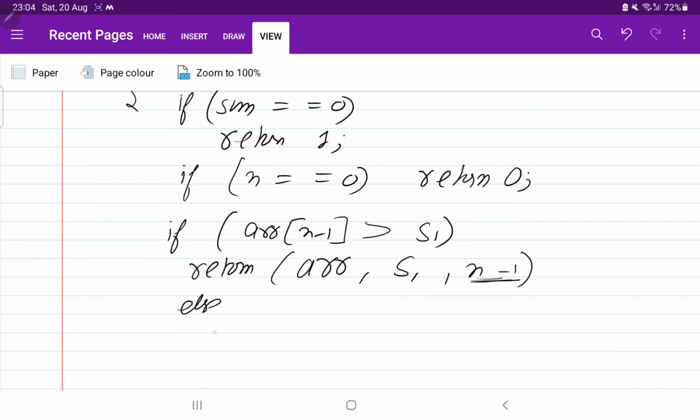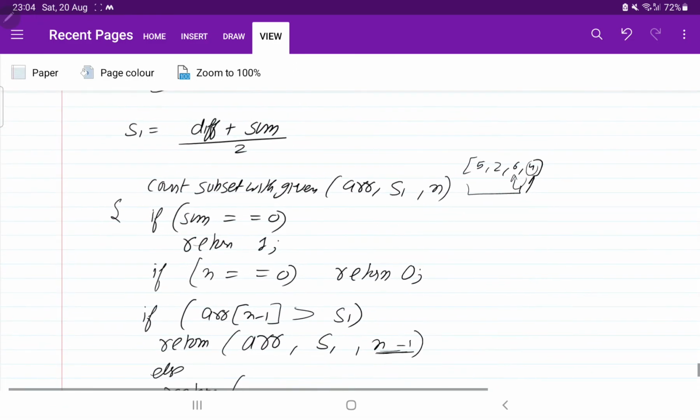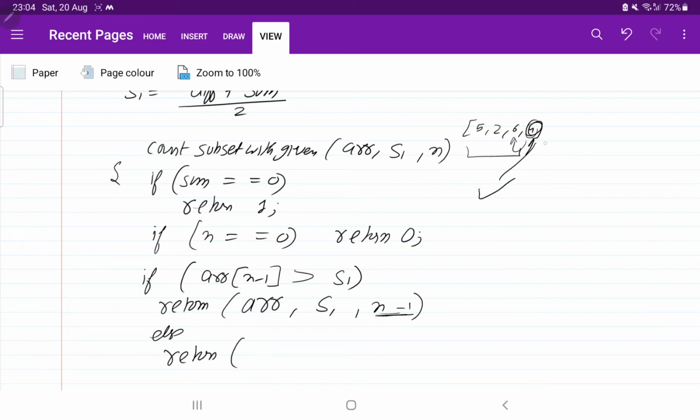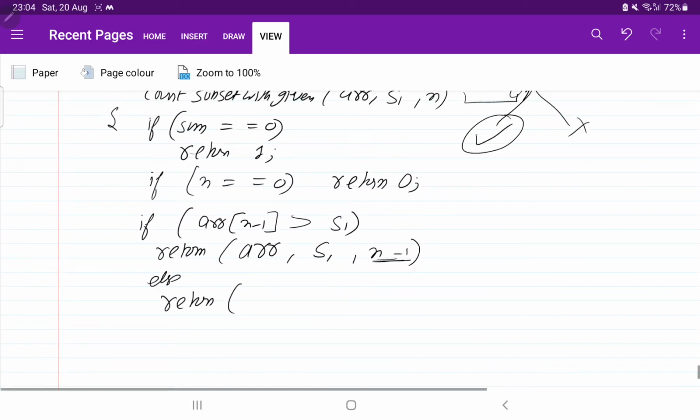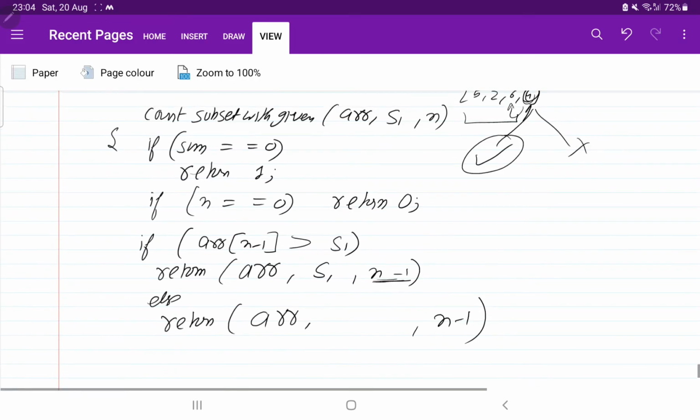Else, what I told is, if this value is smaller, then you have to take a decision: either take it or leave it. First of all I am going to write the code for take it. We pass the array, and the number of elements is decreased because we have taken a decision on 4. Now we need to take the decision on the rest of the elements. So tell me, what will be the value of S1?